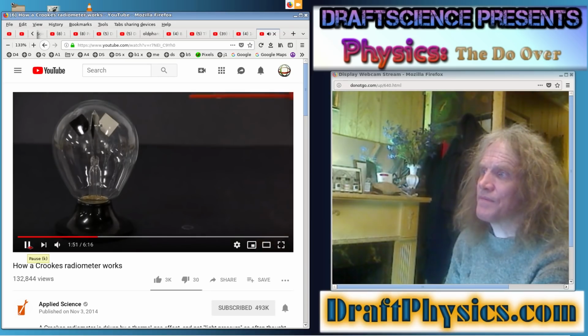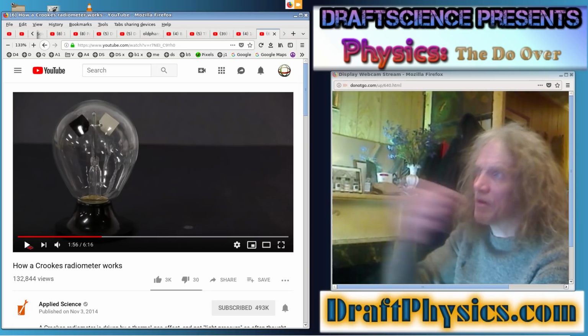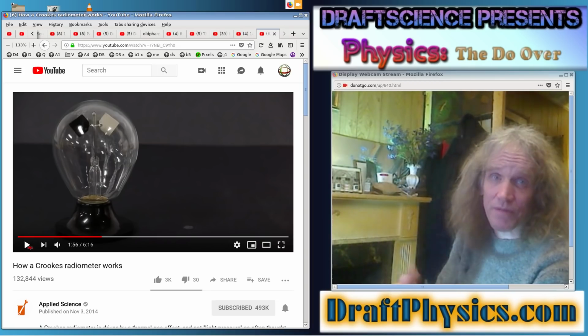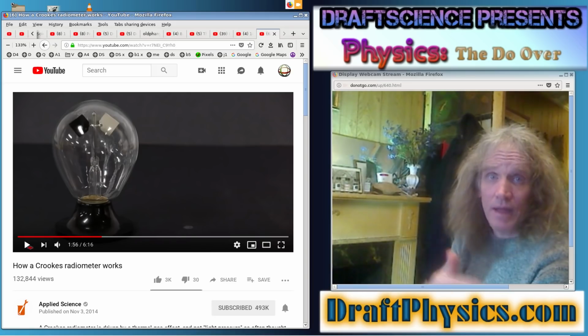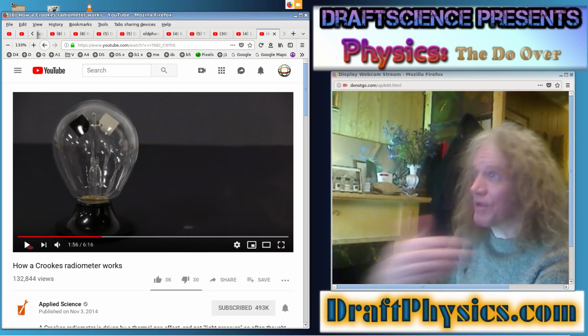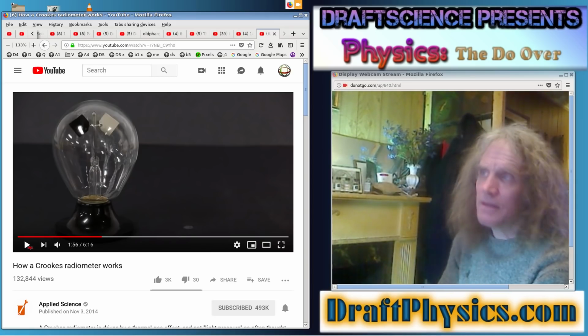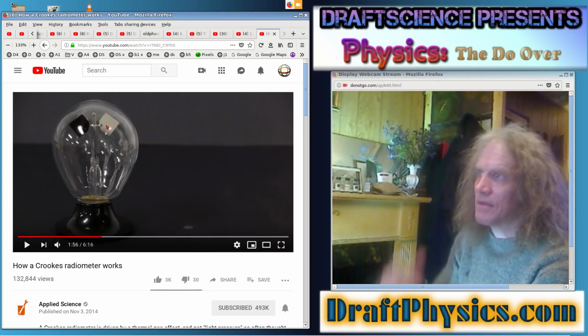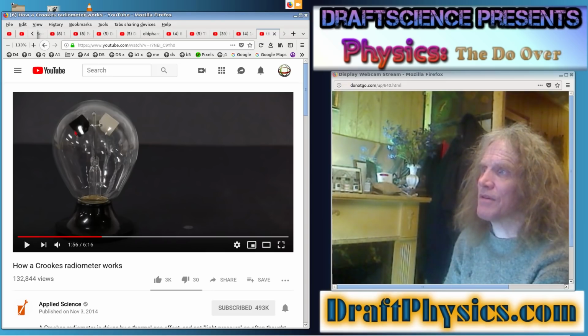And as you can see, it's actually spinning backwards relative to the way that it was spinning when we shined the light bulb on it. So the sensible perception would be that it's now absorbing heat from the environment, in the sense that the cold surface is now not at thermal equilibrium, so it's going to absorb heat, and that affects the silver side more than the black side in terms of